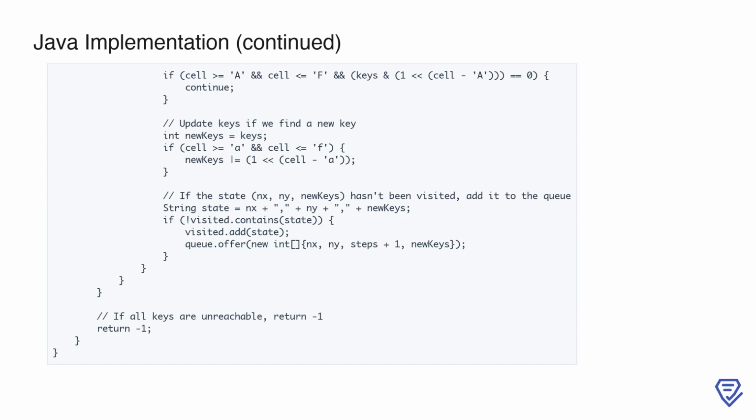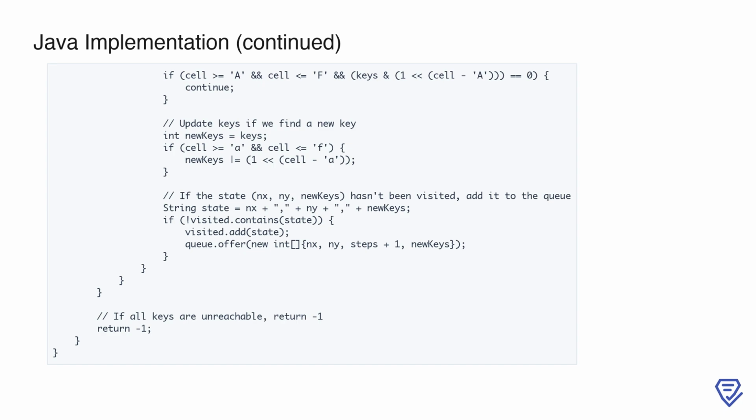After updating the keys, we check if the new state, defined by the new coordinates and the updated keys, has been visited. If not, we mark it as visited and add it to the queue for further exploration. This ensures that we only explore new states, optimizing our search process. Finally, if the BFS completes without collecting all the keys, it means they are unreachable, and we return -1. This implementation efficiently handles the grid traversal, key collection, and door unlocking to find the shortest path to collect all